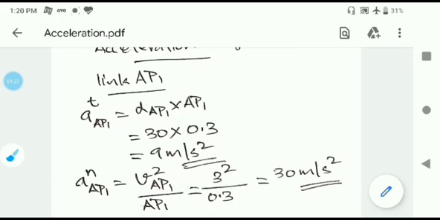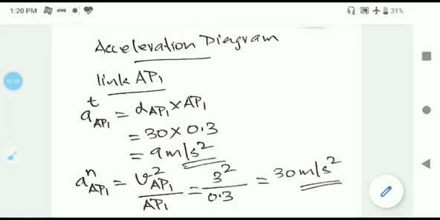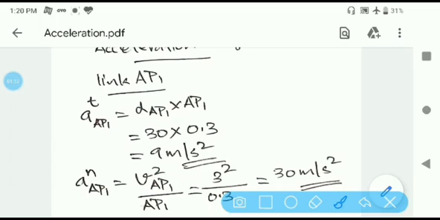In the velocity diagram, you take the measurement of line AP1, and when you substitute, you get the magnitude of the normal component of acceleration of point A relative to P1 as 30 meters per second squared. So now regarding the acceleration, we have obtained the magnitude of both the components, that is the tangential and the